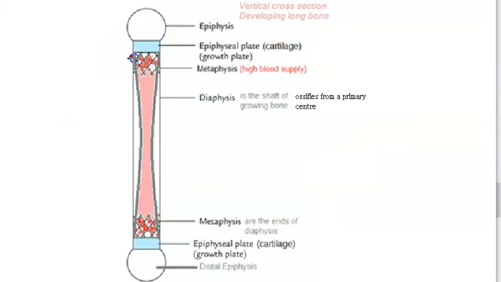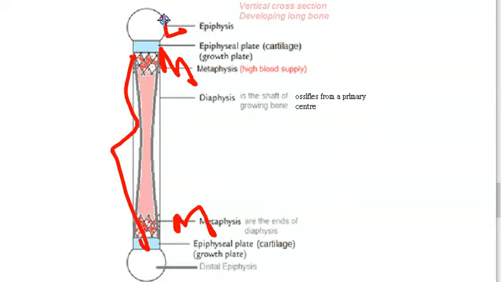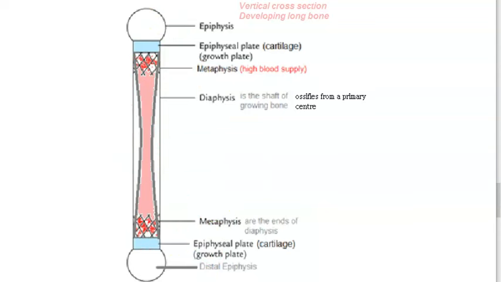So look at this. This is the diaphysis. And then here you have the metaphysis. And then you have the growth plate. And beyond the growth plate, you have the epiphysis, which fuses. So this is the diaphysis. This is a typical long bone. And how will the blood supply be for this long bone? There will be a nutrient artery which will go here, and there will be hairpin bends here.